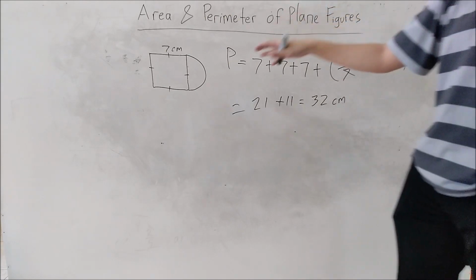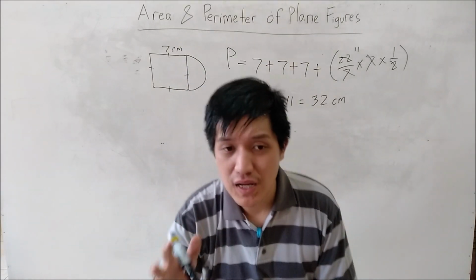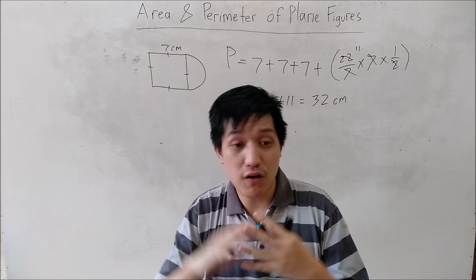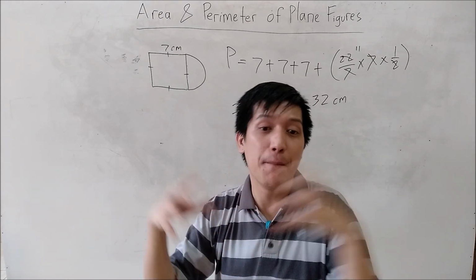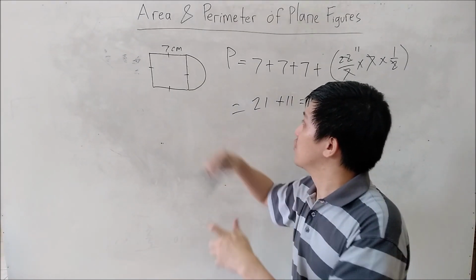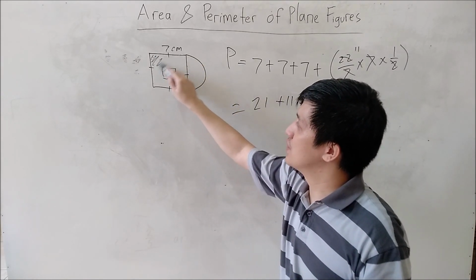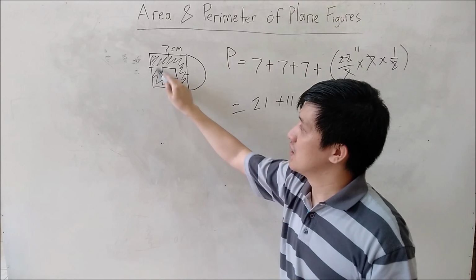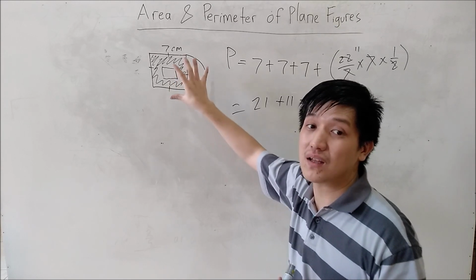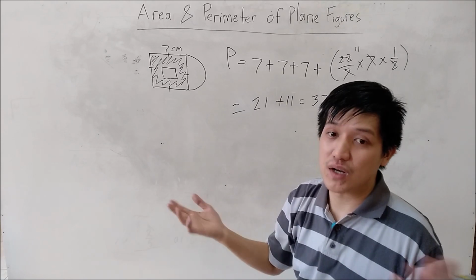Dealing with composite figures is just using your basic knowledge of each figure, and then you try to combine them into one. Or sometimes there are questions such as, I want to cut a small square in the middle, and I ask you to count the shaded area only. In that case, I will count the big square, take away the small square, and then we are good to go.